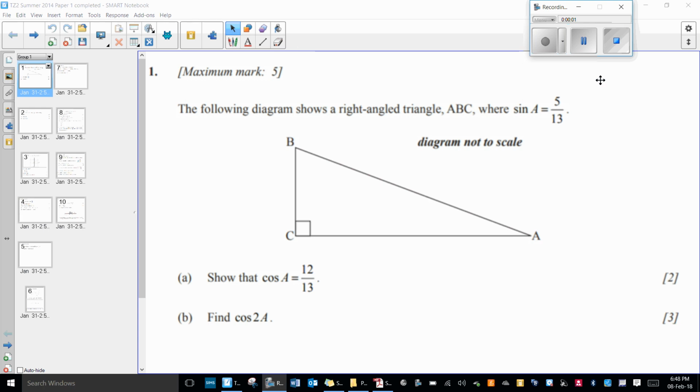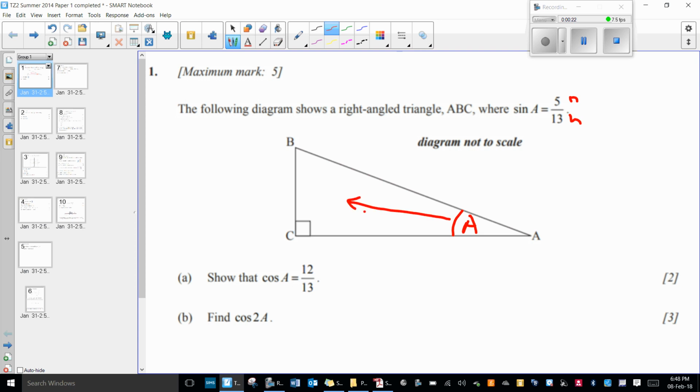The sine of angle A is 5 over 13. So I can show that on this diagram here. This is obviously angle A. Sine is opposite over hypotenuse, and that means the opposite side to this would be 5, and the hypotenuse would be 13. We would then use Pythagoras' theorem, so this would be the square root of